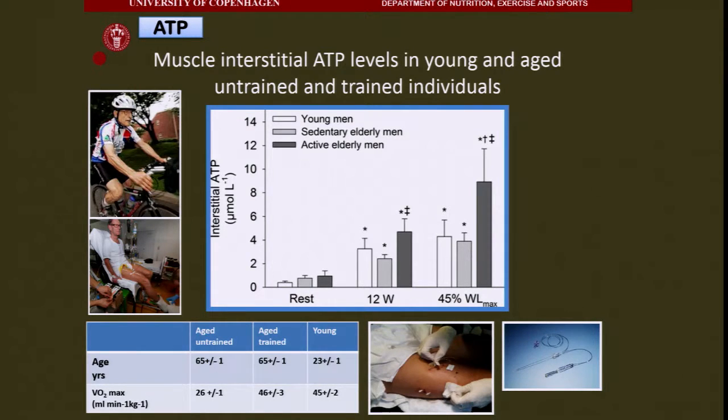And okay, so if we're looking at the interstitial ATP levels here, we see that the aged, whole life active men have a greater ability to produce ATP, both here and then at 12 watts and at the relative load, which is the same for the young and the aged more or less. See that they produce more, right? So we can improve the ATP system in as much as we can increase our ability to produce ATP, but